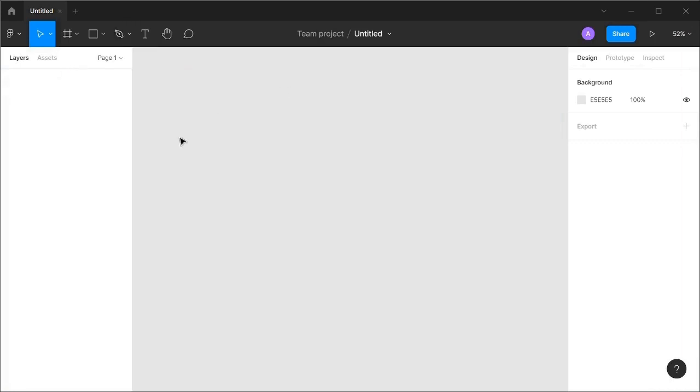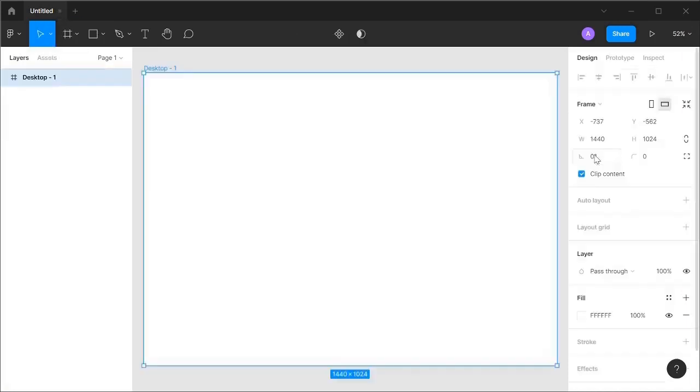Today I'm going to show you how to make an SVG animation using HTML and CSS. So let's get started. When you open up Figma, the first thing you want to do is click on